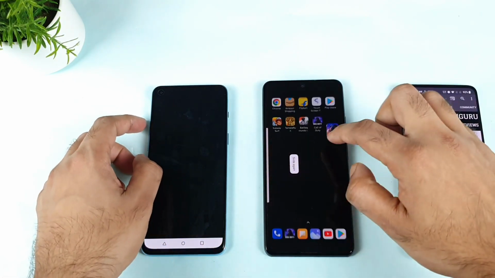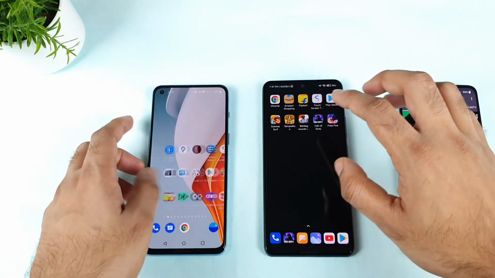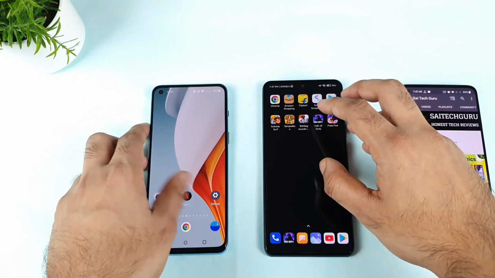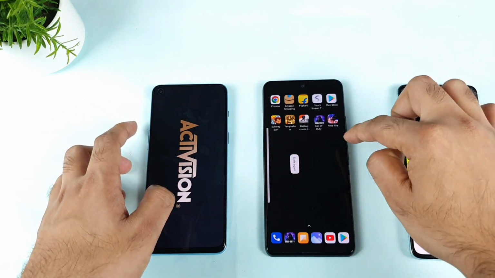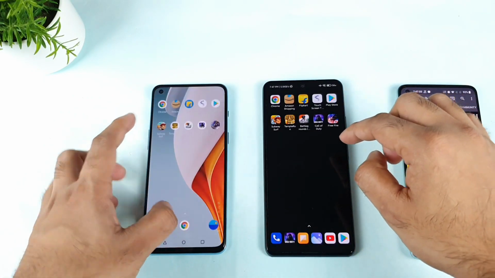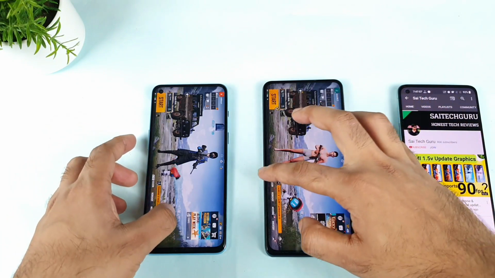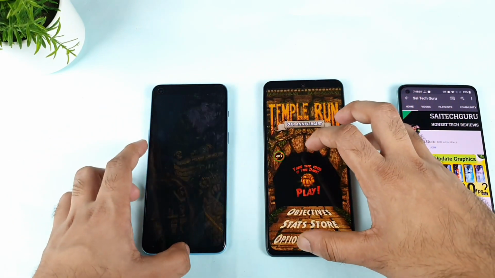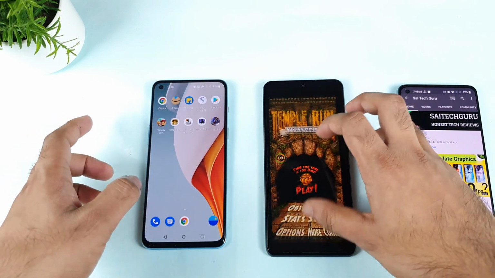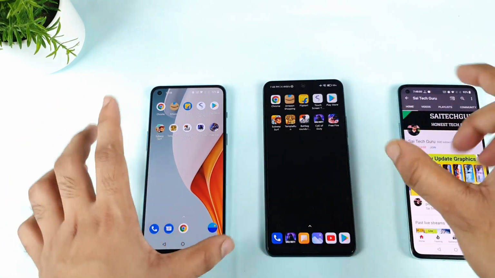As you can see, all the games and everything, out of 10, everything was able to stay in the background RAM management in these phones. Call of Duty also is there. As you can see, friends, it got closed in the OnePlus Nord 2 device. The Battlegrounds Mobile is there in both phones, not bad. And the Temple Run game is closed again. As you can see, friends, this is the thing happening with the OnePlus Nord 2 at this moment.